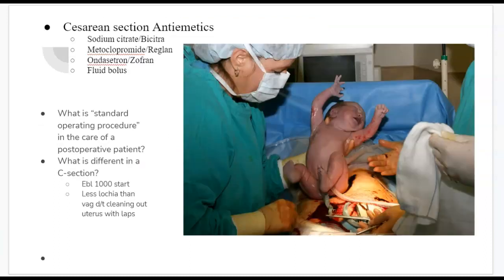Okay, so moving forward into cesarean section, you have to know these 4 medications because this is the peri-op medication protocol pretty much for every surgery that exists in the medical profession. So we want to use the sodium citrate and Bicitra to decrease the acid in the stomach. We want to use the metoclopramide or Reglan to allow for gastric emptying. The ondansetron or Zofran is to decrease nausea. And then we want to give a fluid bolus for the additional blood loss that we are going to anticipate